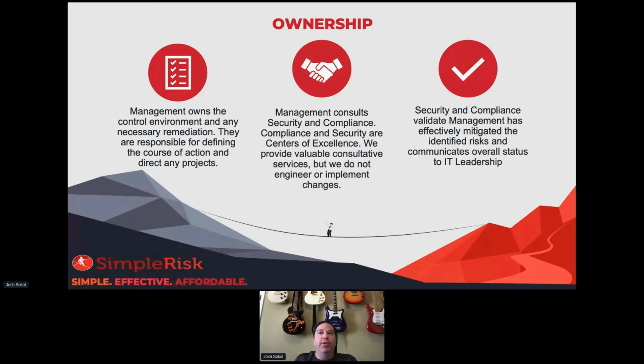Now, the last bullet here is that security and compliance validate that management has effectively mitigated the identified risks and communicate overall status to IT leadership. So not only are we making these recommendations in terms of what we should do, we're also validating that they've been done. And that's really where the audit piece, the compliance piece comes in, because we're basically able to say, look,